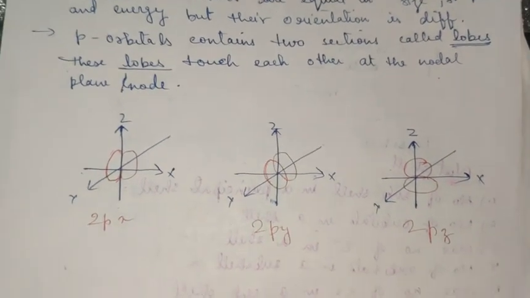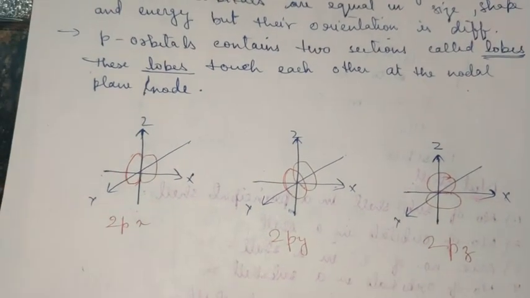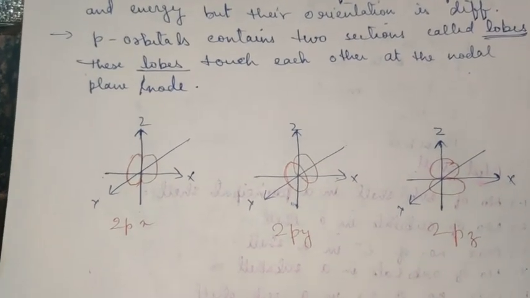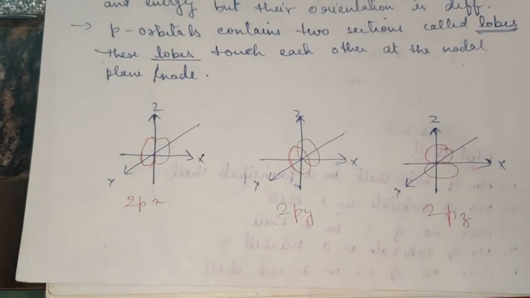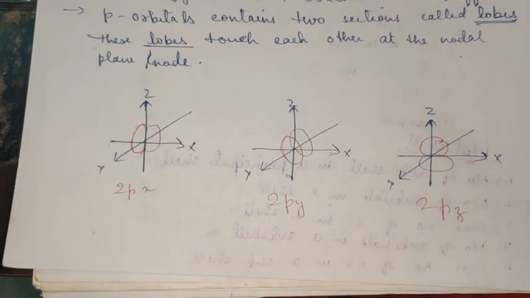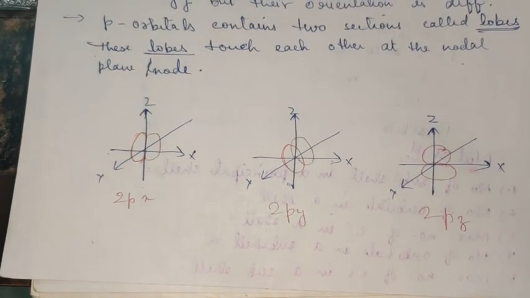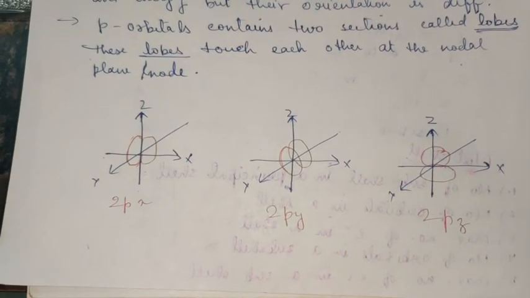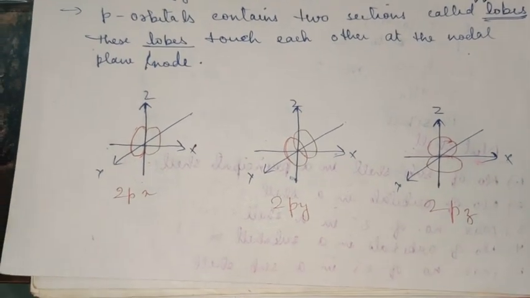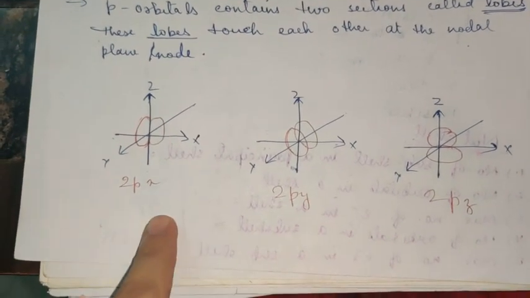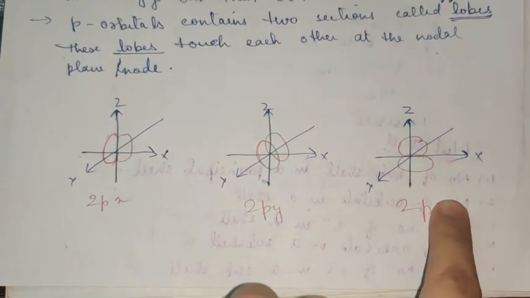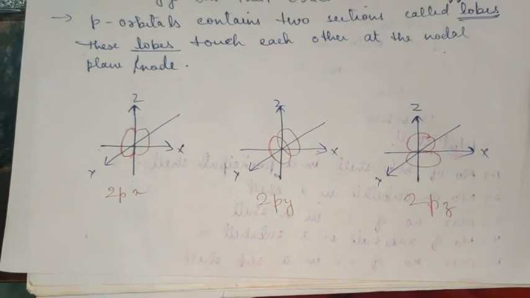I hope now it is clear that the magnetic quantum number tells us about the orientations of the orbitals. The first information that we get from the magnetic quantum number is the number of orbitals, and then their orientations can also be found with the help of the magnetic quantum number. According to this, there are three orientations possible: -1, 0 and 1.